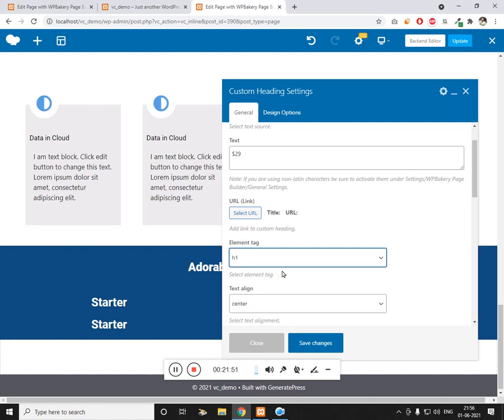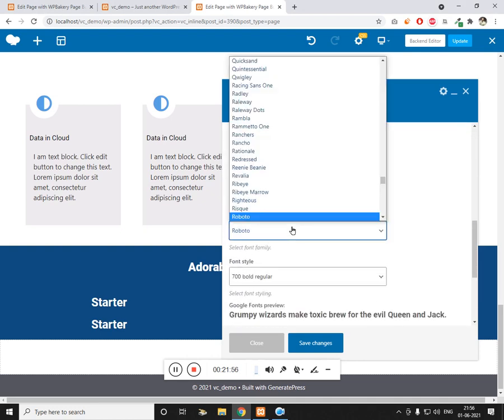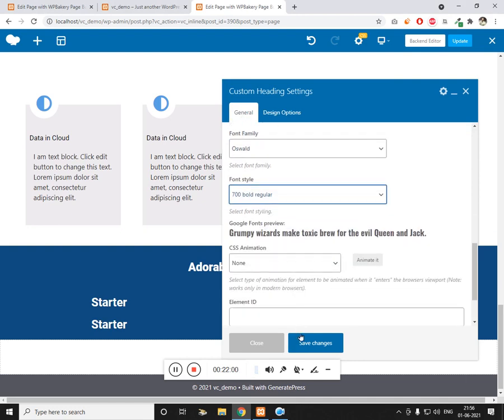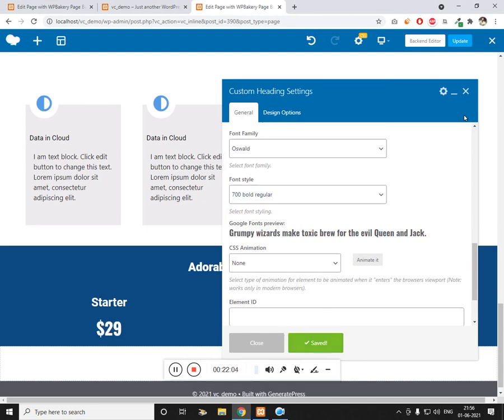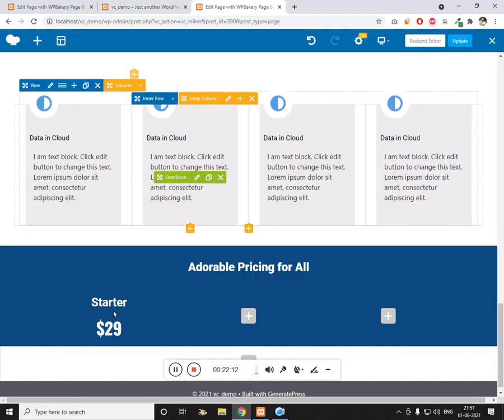Let this be H1 so that it looks bigger, and we want the text to be Oswald. Separate it is okay. Click on save. Now we need another text, monthly, so let's add a clone of heading again.